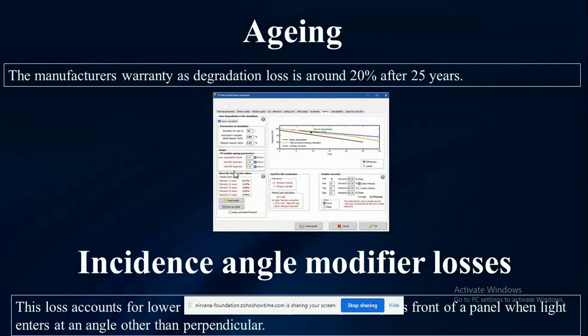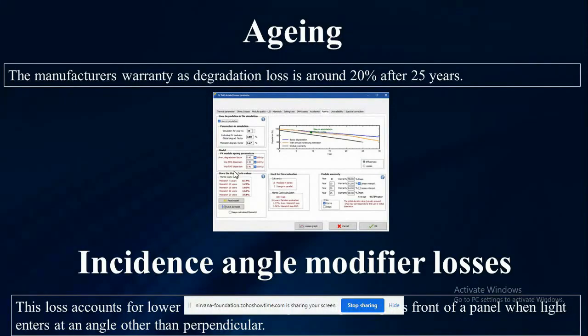Incidence angle modifier losses: this loss happens all the time. We don't get the solar radiation falling on the module at a perpendicular angle. Most of the time it takes another angle. So most of the radiation is reflected, or only some of it is absorbed.